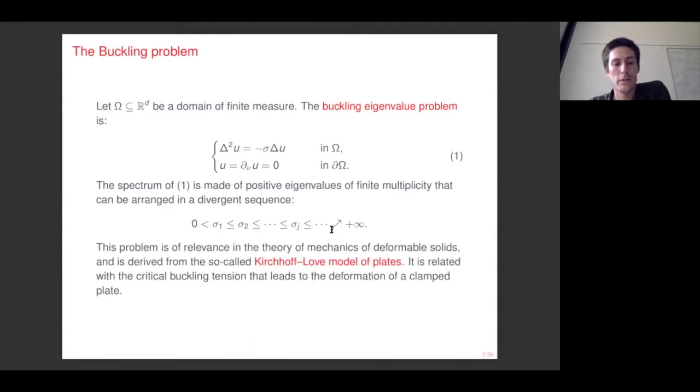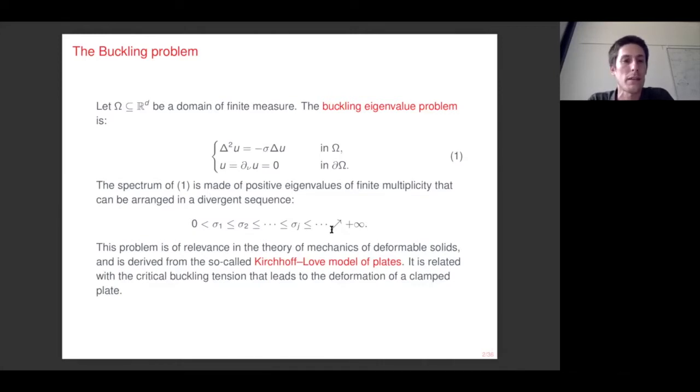And from the physical point of view, it is of relevance in the theory of mechanics of deformable solids, and is derived from the so-called Kirchhoff-Love model of plates. In particular, the buckling problem is related with the critical buckling tension that leads to the deformation of a clamped plate. And so just for curiosity, in order to explain a little bit better the physical meaning of the problem,